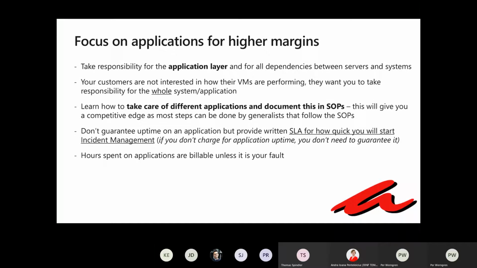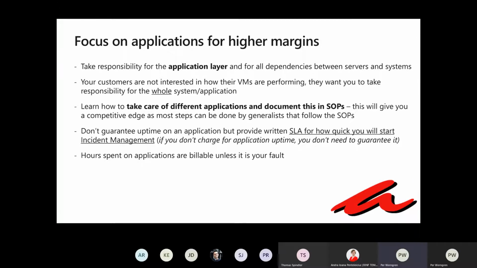So a great avenue in order to discover higher margins is to focus on the application layer. If you focus on the application layer and all dependencies, then that is a better place to be than just taking care of the virtual machine.